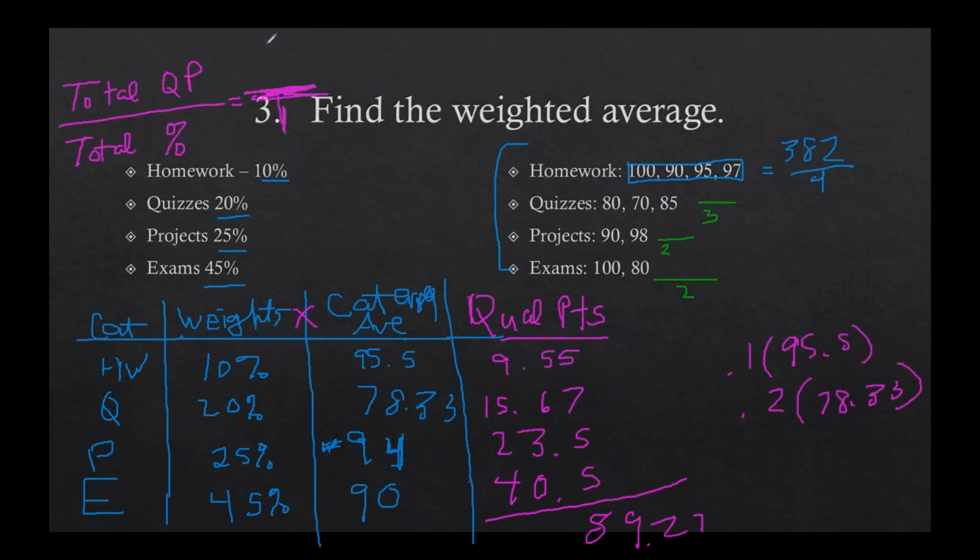So when you're thinking about your total quality points, 89.22 divided by 1. That means the overall grade in this class is an 89.22, which is a B. And that's how that works. Okay, so that's kind of a long drawn out doing it all by hand. If you type that into Excel and you have formulas, Excel will autofill your columns. You only have to type in the formula once. Excel is a lot of helpfulness when you're dealing with this.